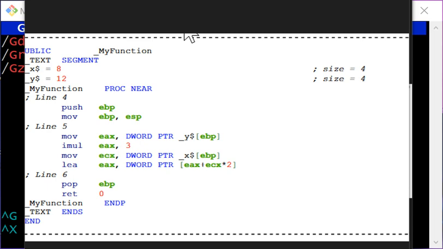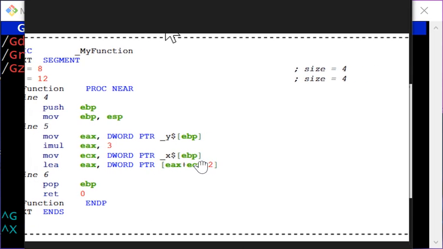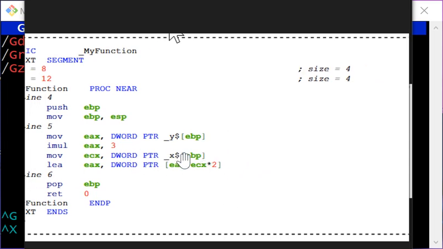We are adding the quantity that will generate ECX times 2 to EAX. So unintuitive